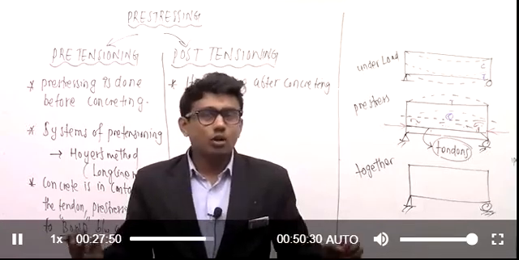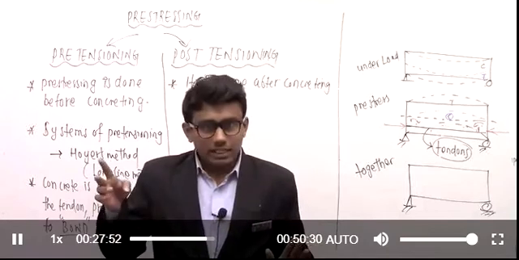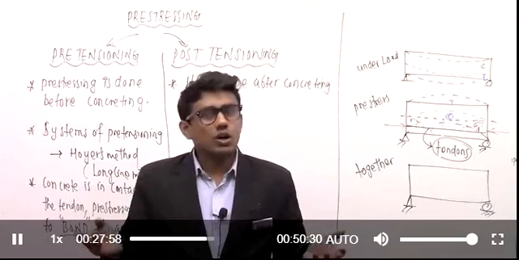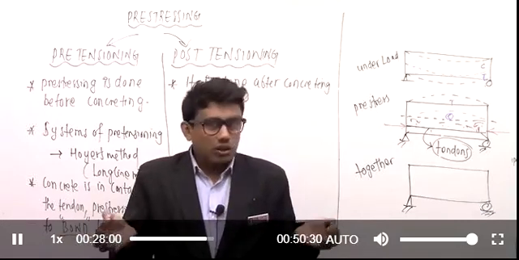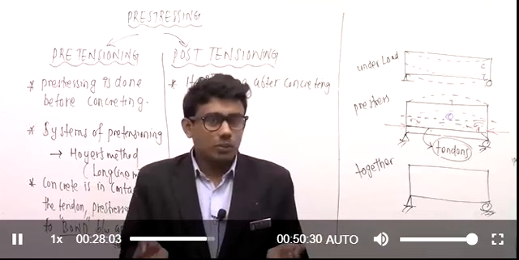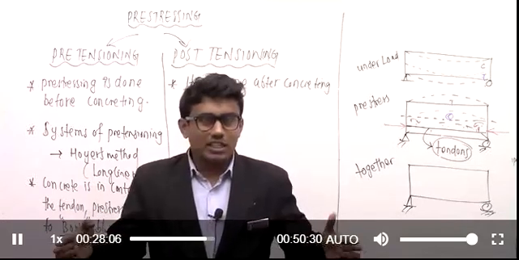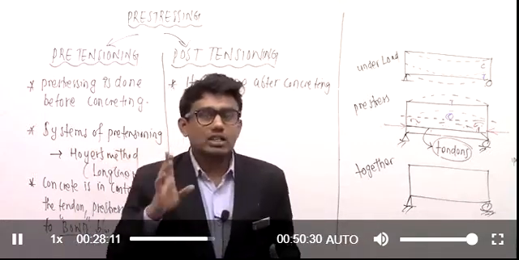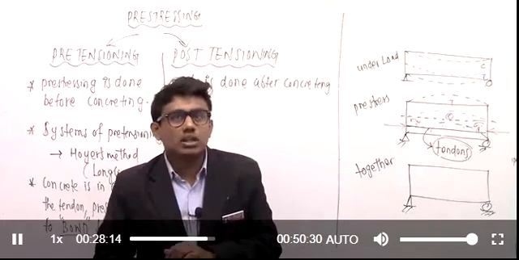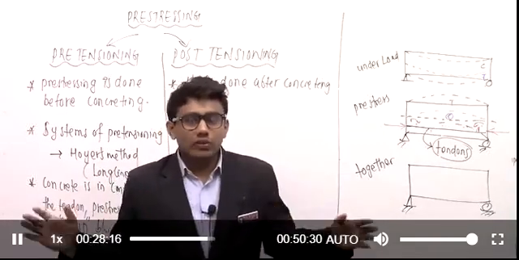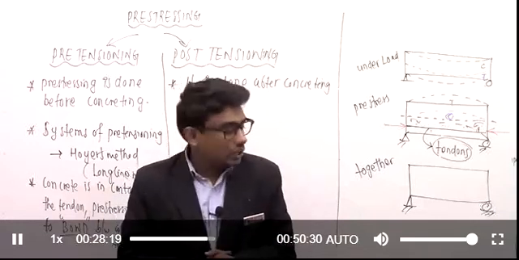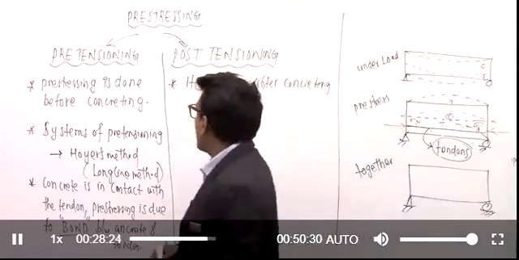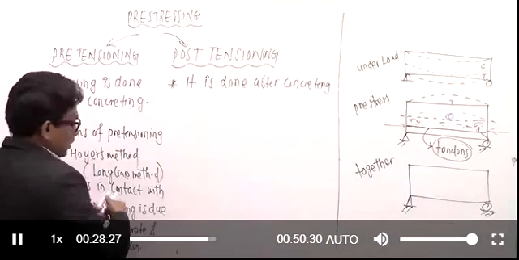So that the tendon will not move from that position, right? Then after that, I am going to cut the tendons after this anchorage. Of course, it will try to come back to the original position. But due to this anchorage present at the ends, it is going to give compressive stresses to the beams. Getting it? In that way, we can introduce compressive stresses to the beams. That kind of system is called post-tensioned system.